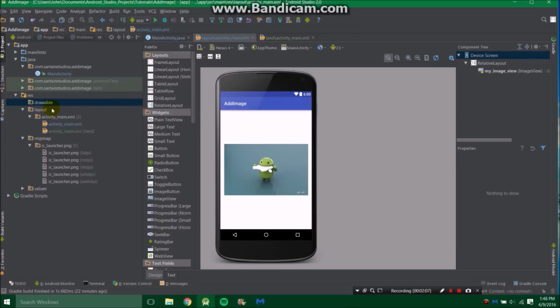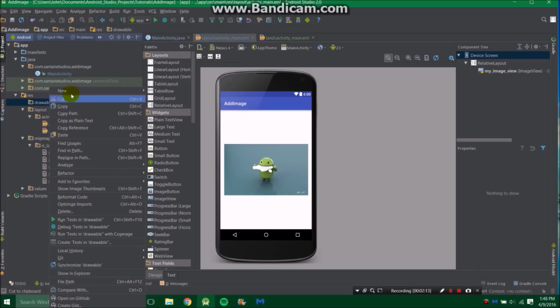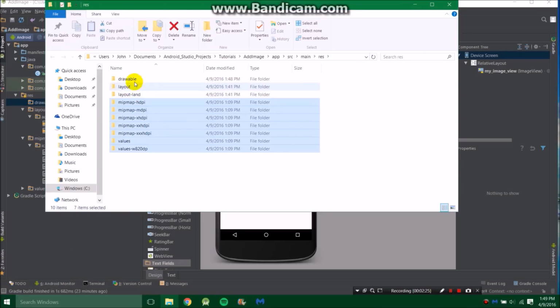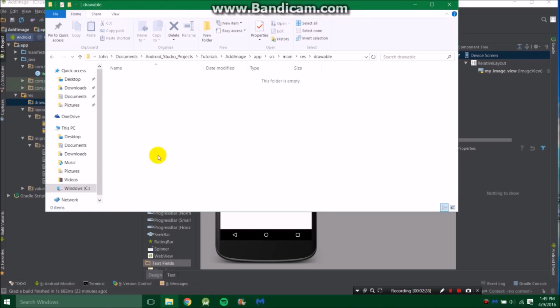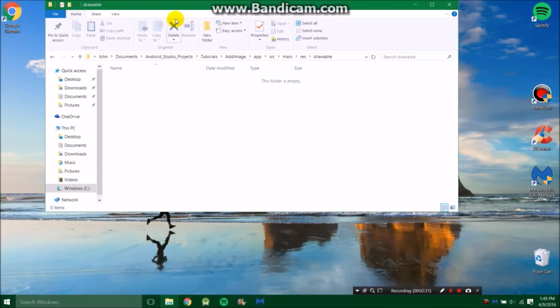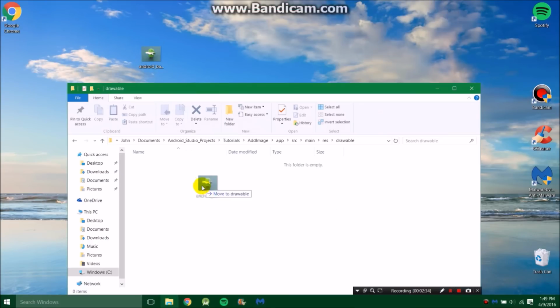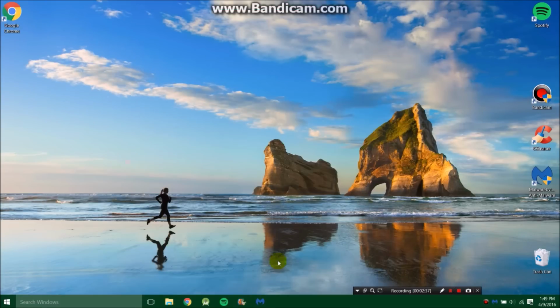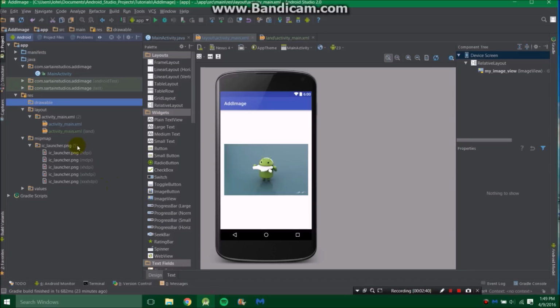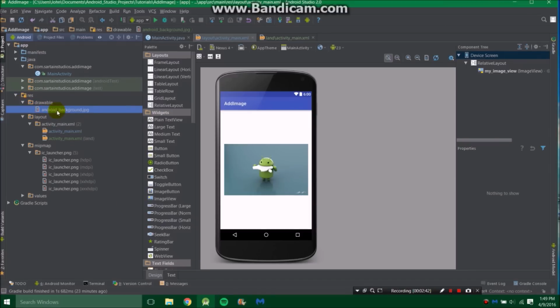Now we need to add the image to our Android Studio project, so simply go over to Drawable, which is under Res and under App, right click on it and go all the way down to Show in Explorer or Find in Finder, depends on if you're on Mac or Windows. Then you'll see this with your project, and you want to click Drawable, and then we're going to add our image in here. So let's minimize Android Studio, find our background, and just drag it in here. Then we can close that window out, and when we go back to Android Studio, it'll automatically add itself. So now we have our Android background.